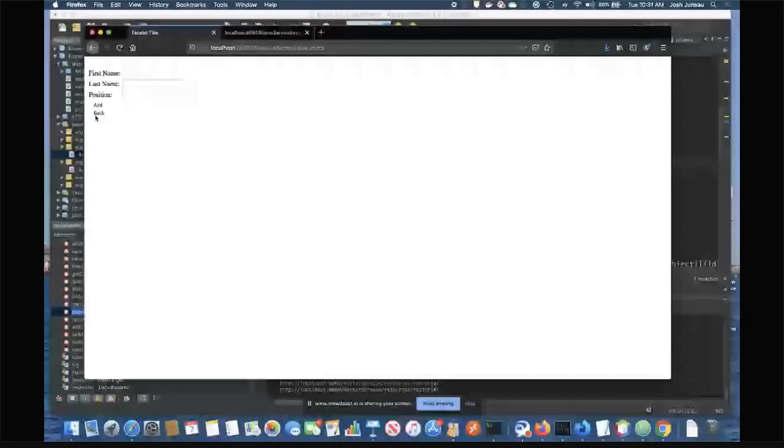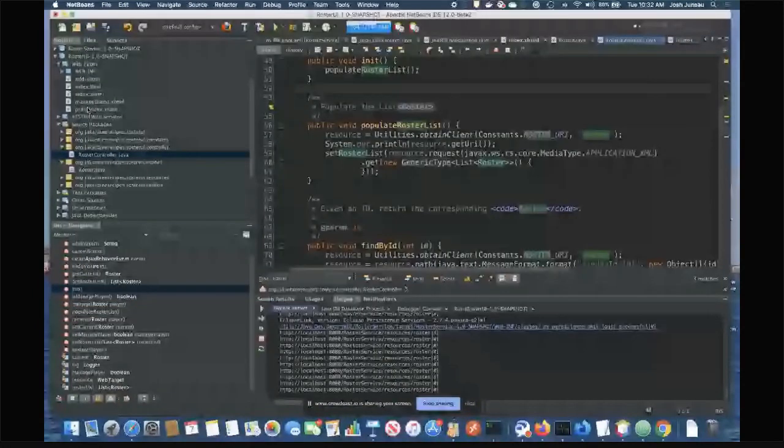So let's just add a new record of test. Well, first name is test, test2 for the last name, and we'll make this person a forward. And I can add, and as you see, that's been now added to my table. So how does that happen? So if we look at our code here,